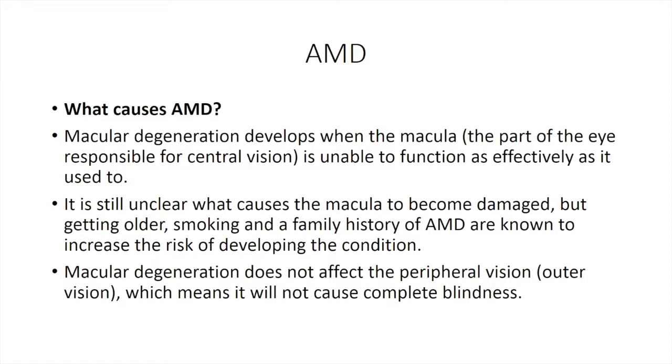It doesn't seem to affect peripheral vision, which means it will not cause complete blindness, but effectively it can censor an individual's activities and livelihood if it were to occur. Just to share with you this about the kids with autism, you may be aware that